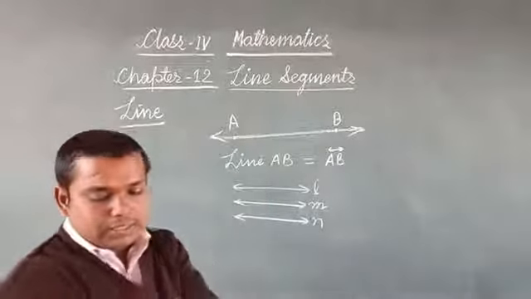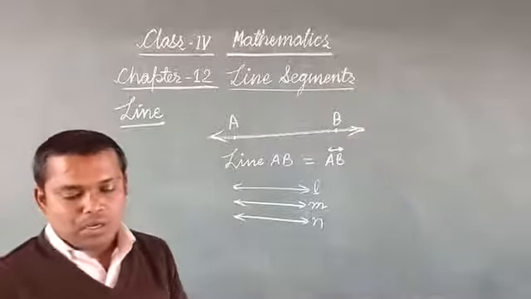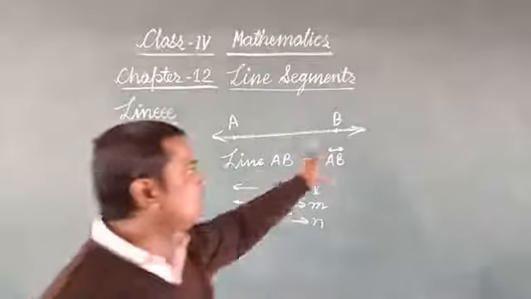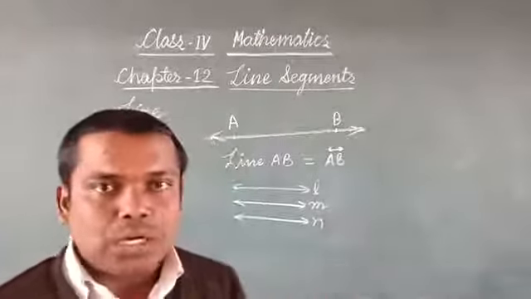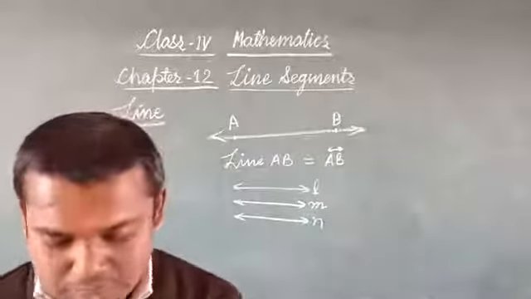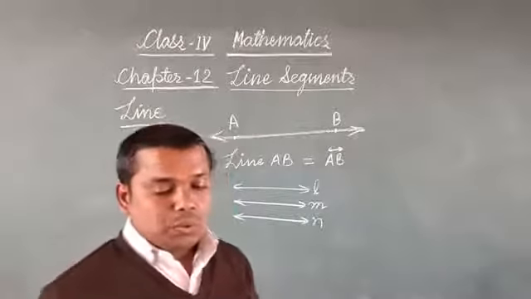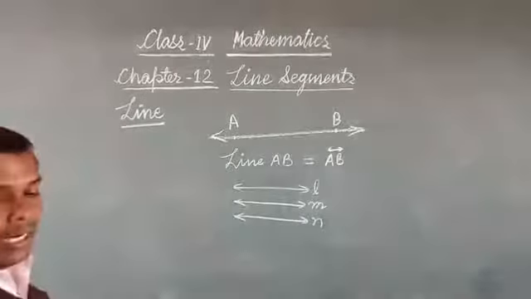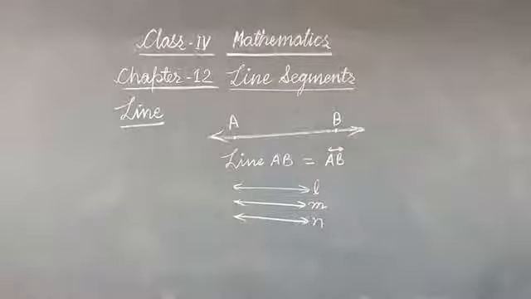Now, properties of lines. A line cannot be drawn completely on paper. Only a model or portion of a line can be drawn or shown, because a line has no fixed length. Then how can we draw a line on a piece of paper? The second property is that we mark arrowheads on the two ends of a model of a line. These arrowheads indicate that the line extends infinitely in both directions.